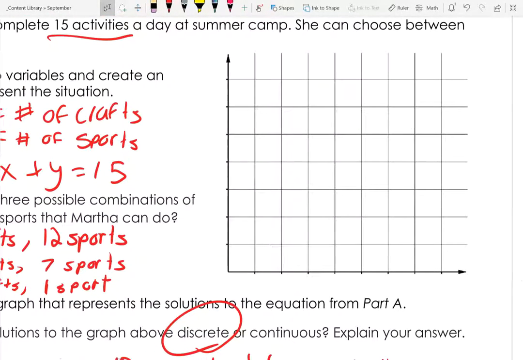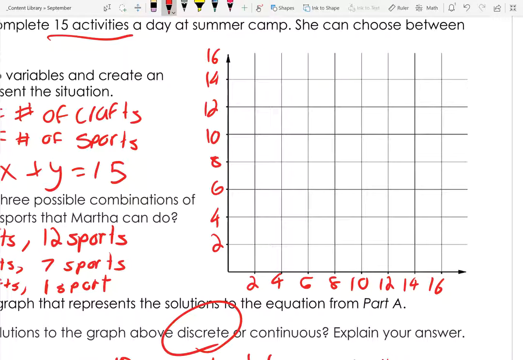Now, on my graph, some people went by 5. Now, I went by 2, but there's a lot of people that went by 5. That's okay, but let me show you how detailed you still need to be, even if you go by 5. I'm going to go by 2, though, because it's going to give me a little bit more room for detail here. So this discrete graph is not a line. What we're doing is we're plotting every single possibility for our crafts and sports combinations. So for example, if this represents crafts